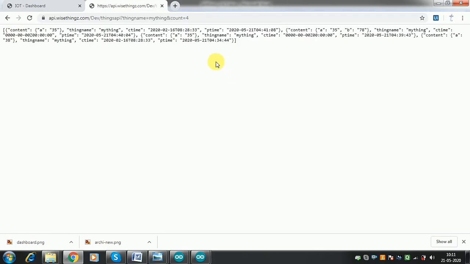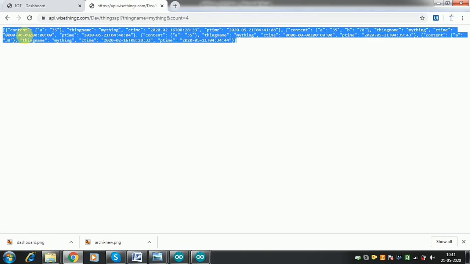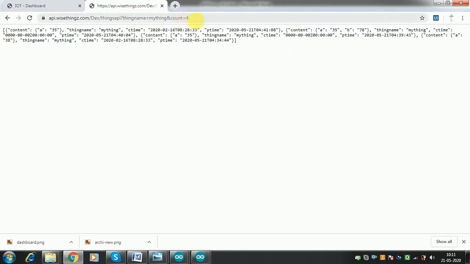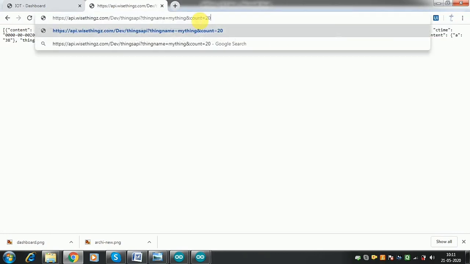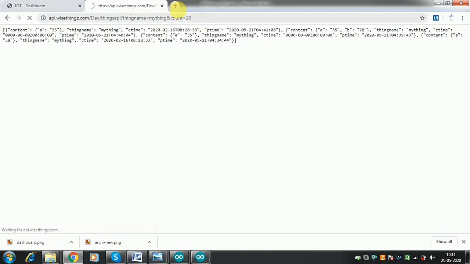Okay, so the device gives me four data back here, JSON with comma separated, you can see. Okay, and the count you can have up to a maximum of 20. But it will give you back as many data as possible if there are not 20 data. Though the max number is 20, please remember our database saves all the data, not only 20, so you can get all the data back anytime you need it.